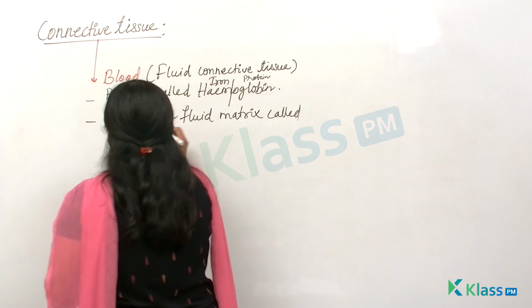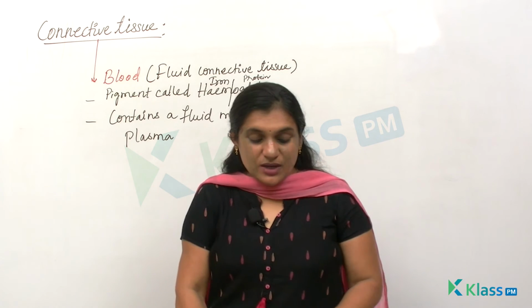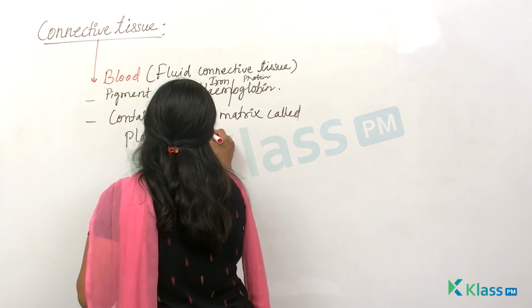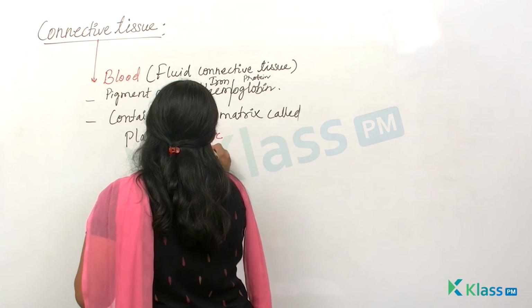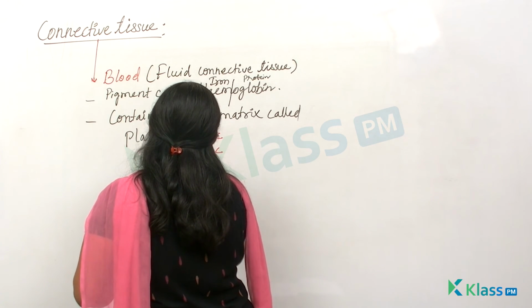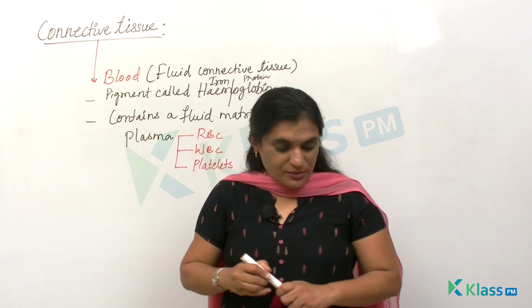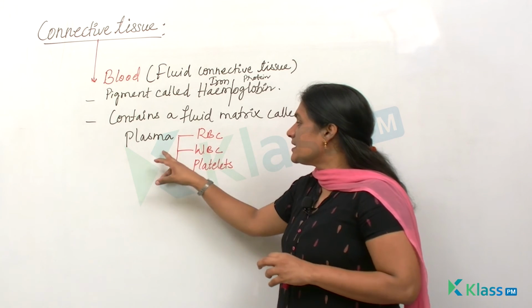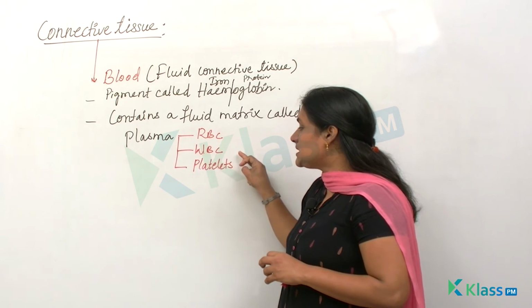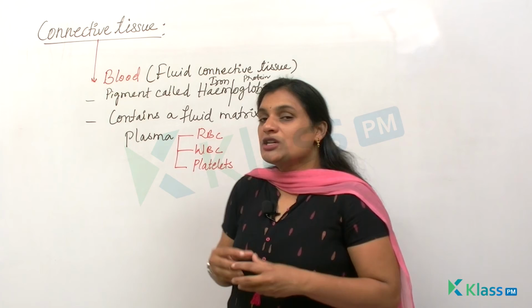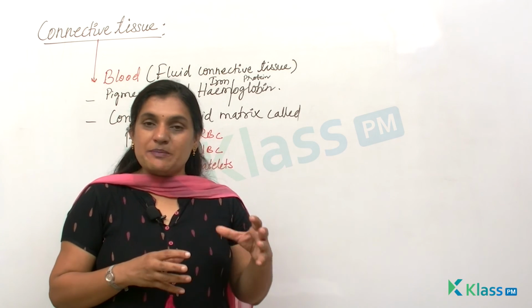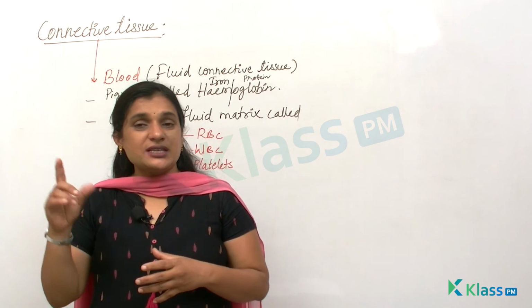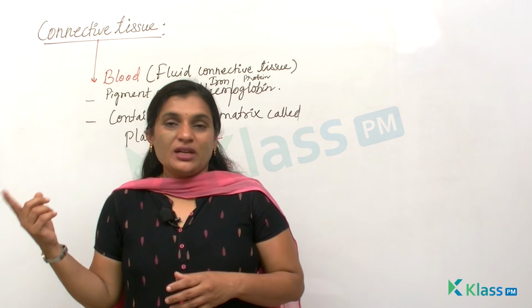And you know what this plasma has? This plasma has components of the blood, that is RBC, WBC and platelets. You can see these are suspended inside this liquid matrix. So the pigment hemoglobin imparts the color. At the same time, the fluid matrix, see in the previous one, like in case of bone,